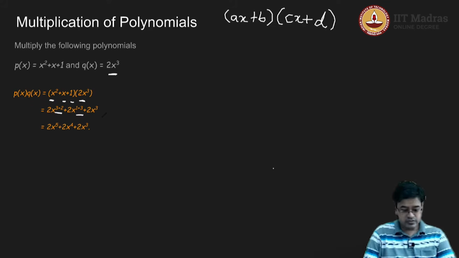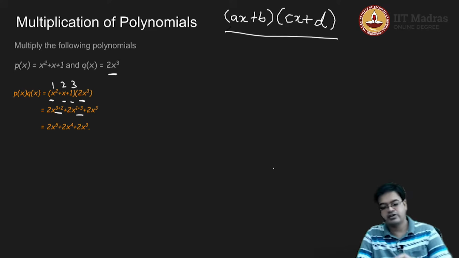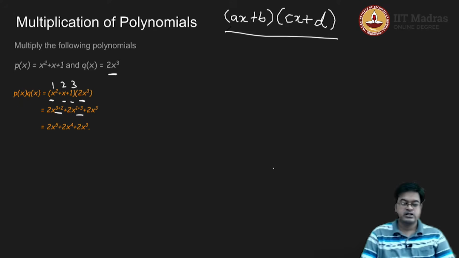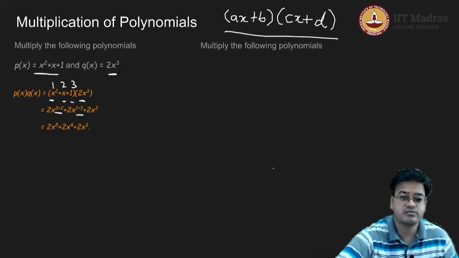Now, as you can see, this polynomial has three terms, 1, 2 and 3. So it's not a binomial, it's a trinomial. So my FOIL method will not work here. The FOIL method will work only for expressions which are binomials. So let us go ahead and consider a similar expression, that is a quadratic expression, and another binomial, and try to see how I can extend the basis of